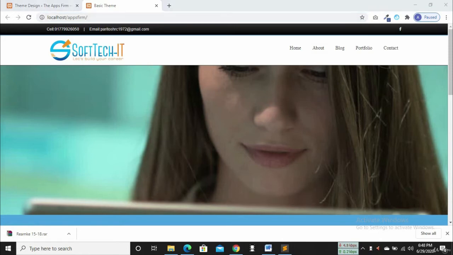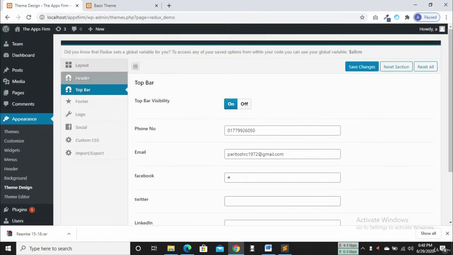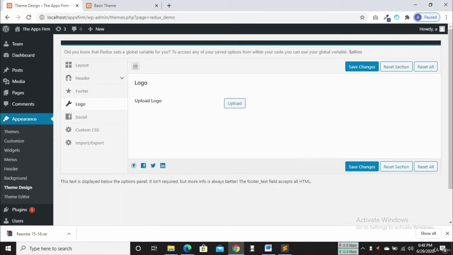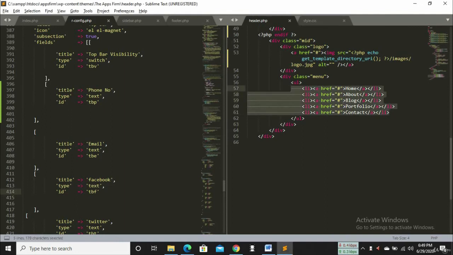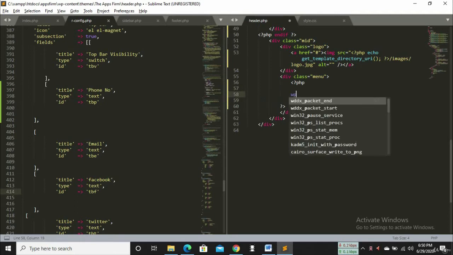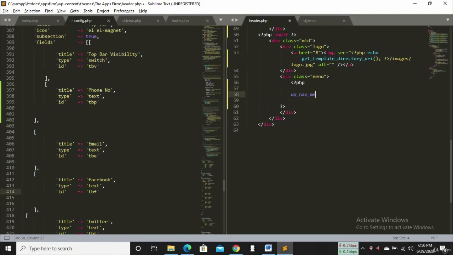Now we have to make the logo and these menus dynamic. I wish this menu to come from the dashboard and the logo to come from the theme options logo. So now we have to make it dynamic. First we should delete all the menu, and then we have to write wp nav menu in a php block, wp nav menu, and we have to set the menu id here. So theme location,